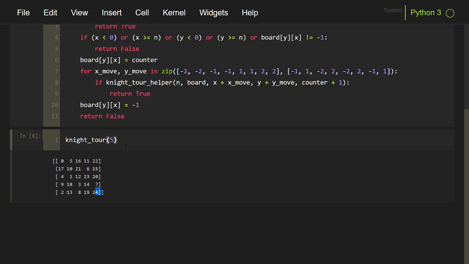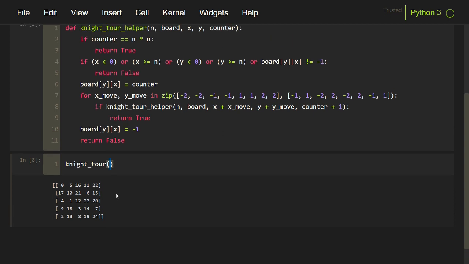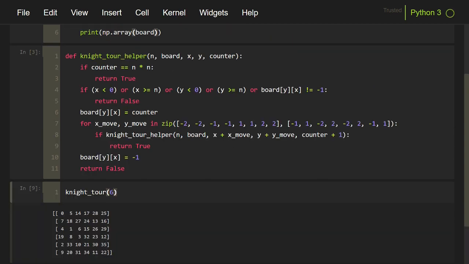The knight's tour can have multiple solutions, and this just returns one of them. So yes, knight's tour 5 has a solution like this. If we test for knight's tour 6, it will take time.